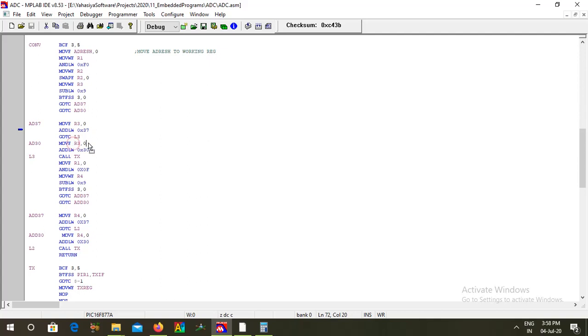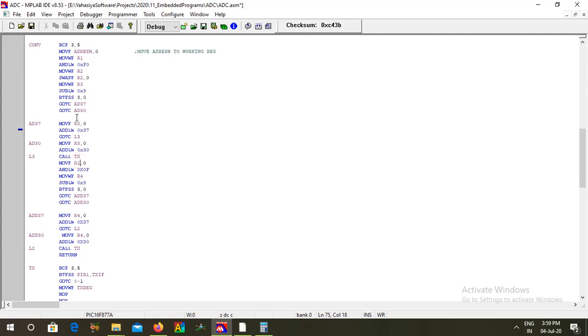When it comes here, it moves the content of R3 to the working register, then it adds 30, then that modified value is transmitted via serial communication. It is transmitted from the controller to the PC.